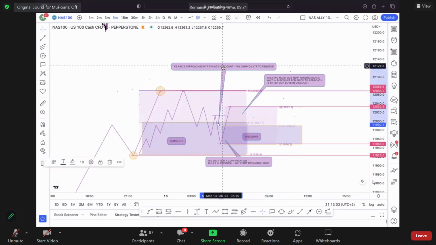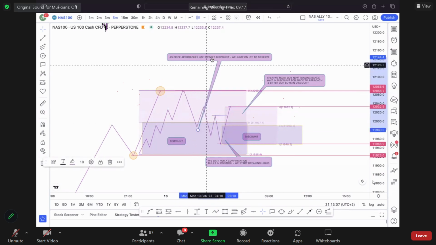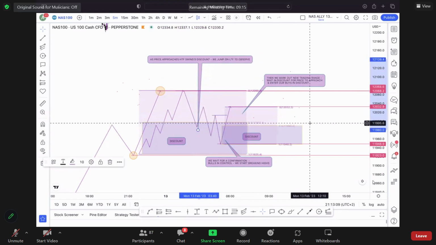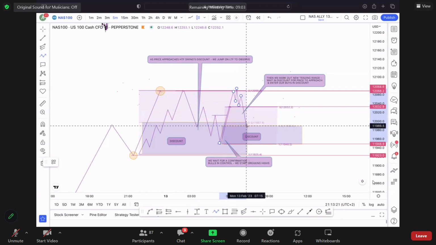Okay, does this make sense to everybody? So then our first TP will be in premium at structure. Yes. This is always, always your first take profit over here. Because what happens if the market comes to this high and then starts failing the high, and then we start having a change of character to bring price lower again?